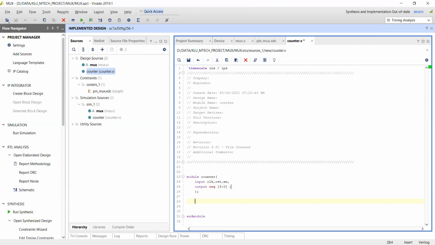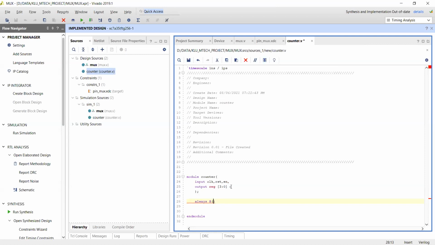Starting with always, followed by the procedural symbol at the rate, followed by the signals, or you want to give the rising edge or falling edge of the data.